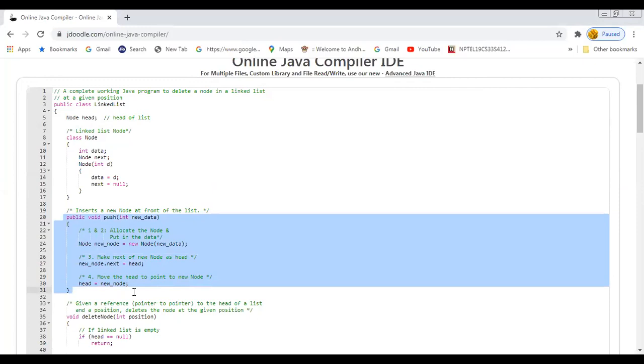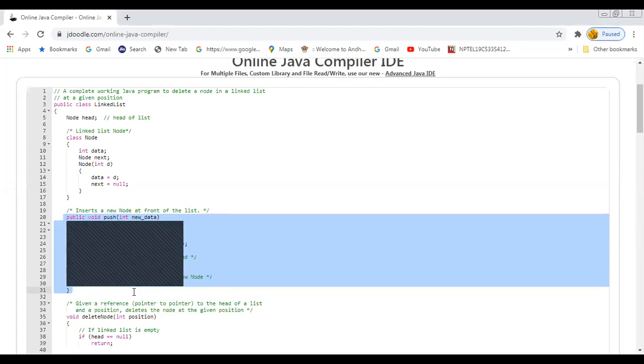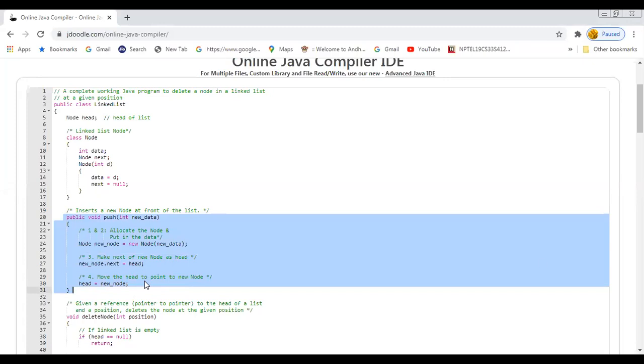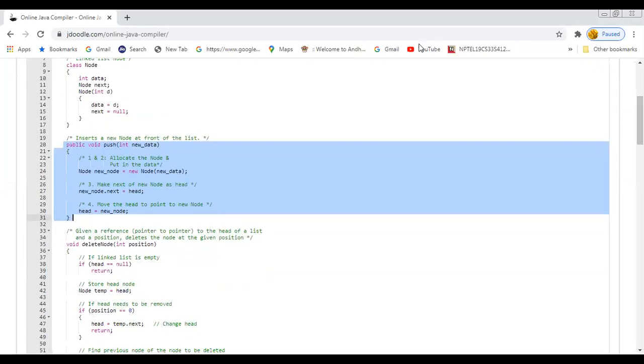As we discussed in the previous classes, how to create a single linked list, in the same way here also I will create a new linked list. Right, so now let us see the code for how to delete an element.